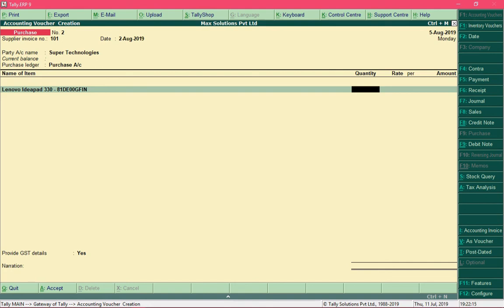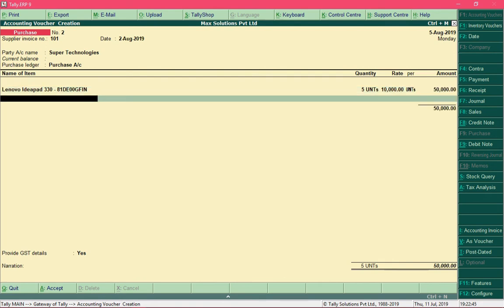I bought 5 units of these laptops, so press the enter key, and I bought each laptop at rupees 10,000. So specify the rate per laptop and press the enter key, and press the enter key again. You can see that the total amount is calculated automatically. After entering all these details, press the enter key.